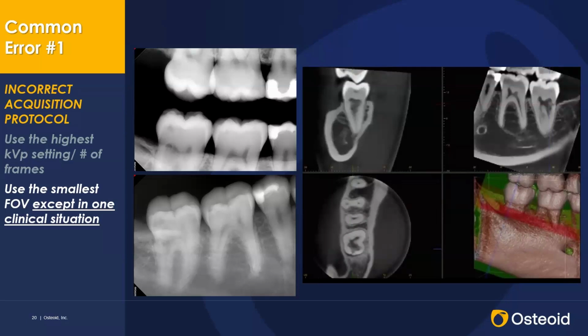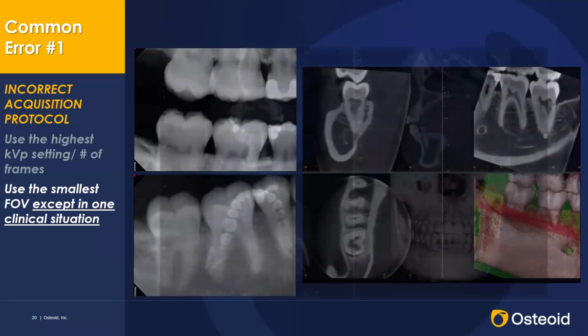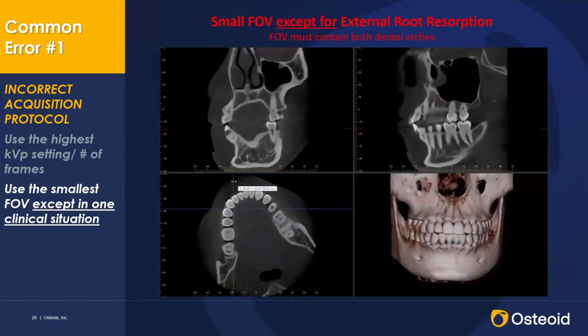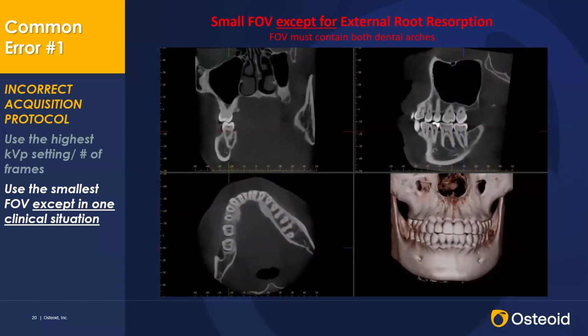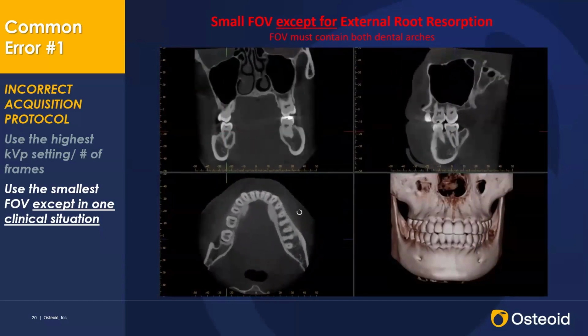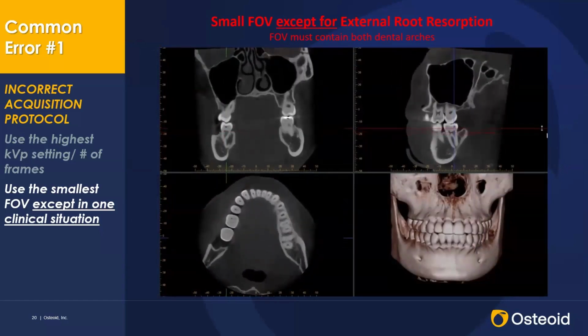Now, this is a small field of view. It's done at very high resolution, but we've seen on a number of occasions, if someone presents with external root resorption, it is often in other teeth, either adjacent to this area or even in the opposite arch. So what we did on this patient, because of our experience, we make an exception to small field of view when patients present. In this particular case, here's the external root resorption, but we also performed a cone beam